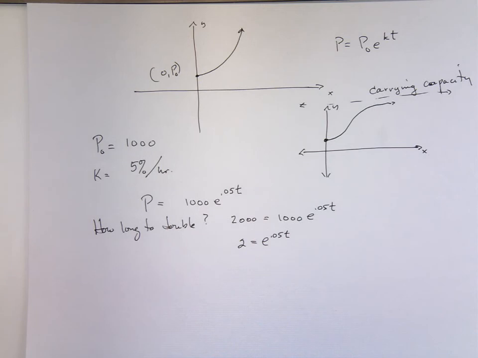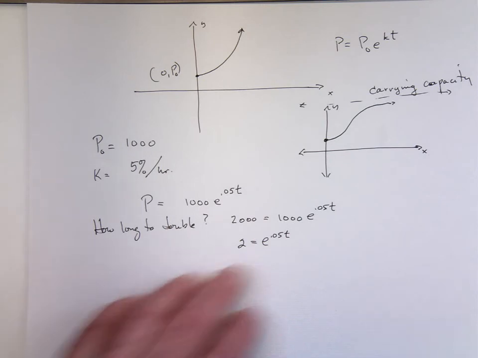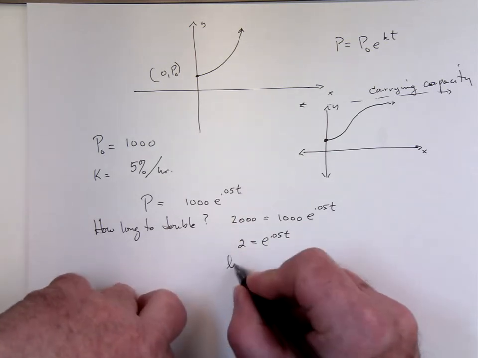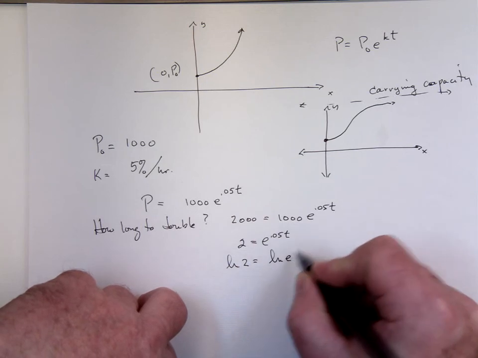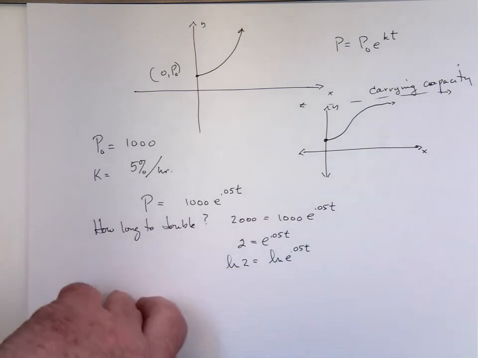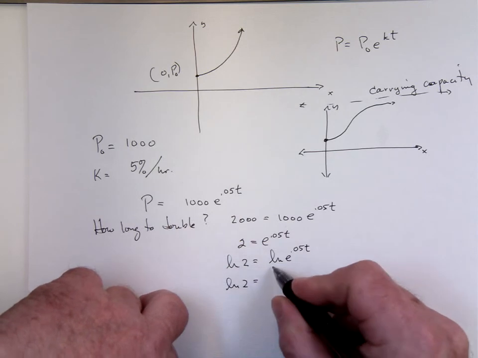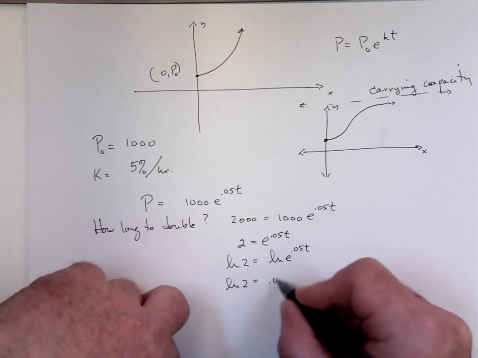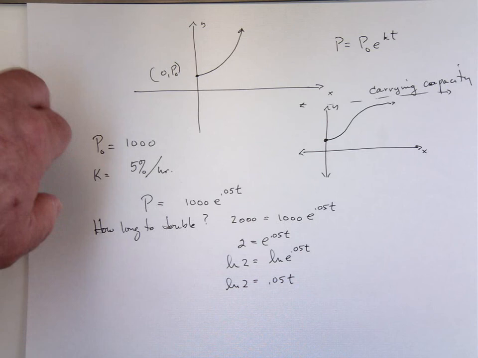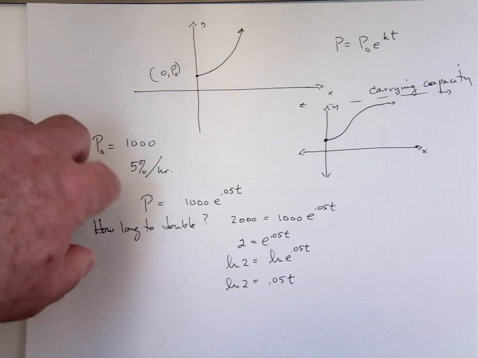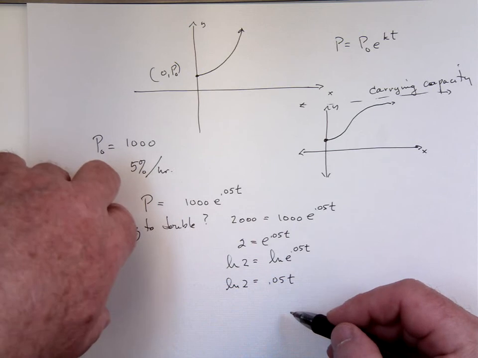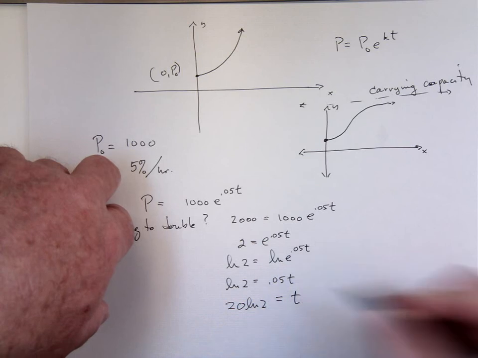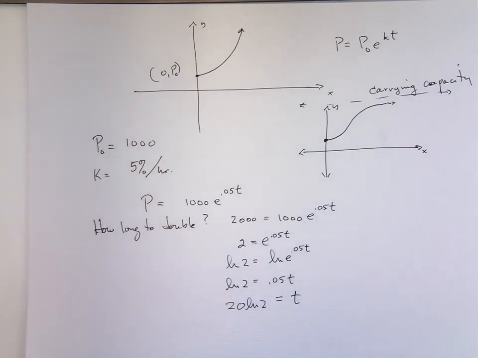We want to solve for t. What should we do to both sides? Natural log. You bet. Natural log of 2 is equal to natural log of e to the 0.05t. The natural log of e to the 0.05t is 0.05t. We want to solve for t. 0.05 is 1/20th. I'm going to multiply both sides by 20. So the time it takes these guys to double, increasing at 5% per hour, is 20 natural log 2